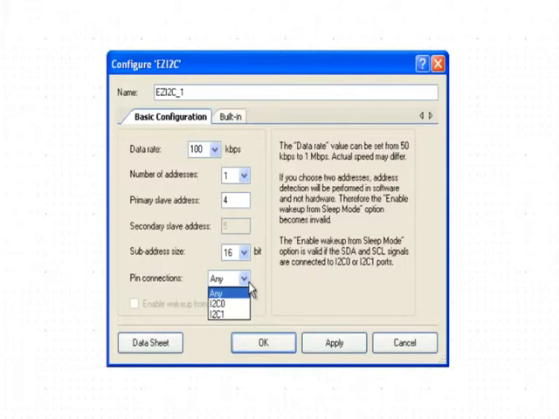There are three options for pin selection for EasyI2C. If set to option any, any GPIO can be selected for EasyI2C. There are two other options, I2C0 and I2C1, which use fixed pins. These two options give the added feature of waking up the device from sleep when EasyI2C detects an address match on the bus. This option is not available when option any is selected for the pins or when two addresses, primary and secondary, are set. For this application, the pin option is set to any.